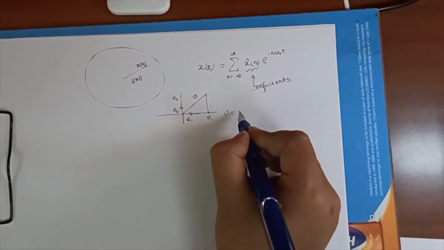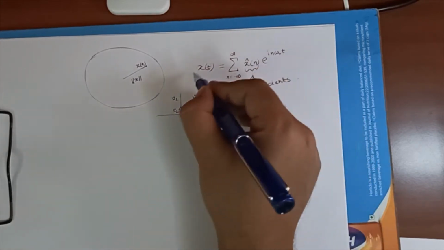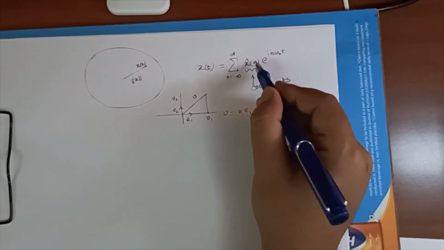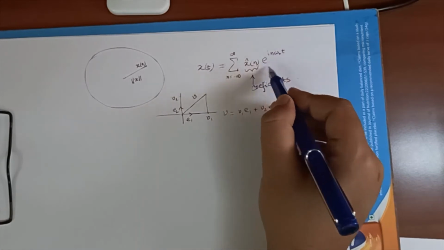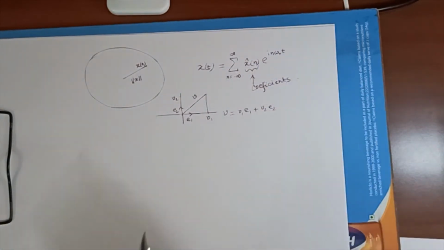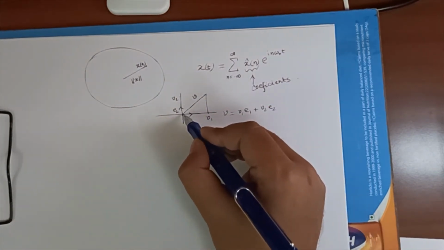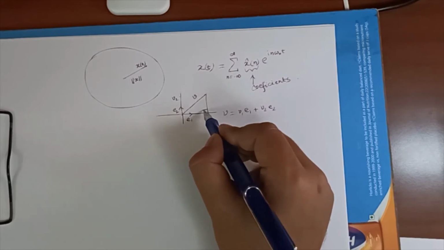So you can write v is equal to v1 e1 plus v2 e2, right? This is a similar kind of expression where x hat n is the coefficient, and these are the unit orthonormal basis functions. Then in 2 dimensions we know the Pythagoras theorem. From the geometry, this is some right angle.